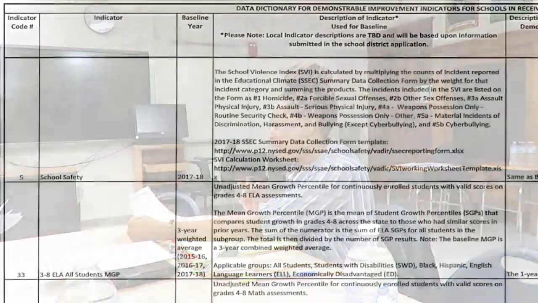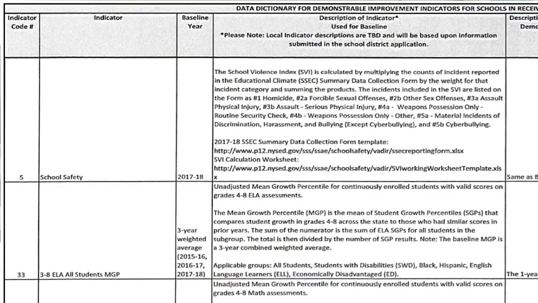So these are some of the incidents or types of behaviors that occurred with students in the 2017-18 school year. So things such as, and not to say that we have these kinds of things going on, but these are the kinds of things that would result in some safety type of behavior. So homicide, we haven't had homicide. That's the number one, forcible sexual offense, other sex offense, assault, physical injury, assault, serious physical injury, weapons possession only,